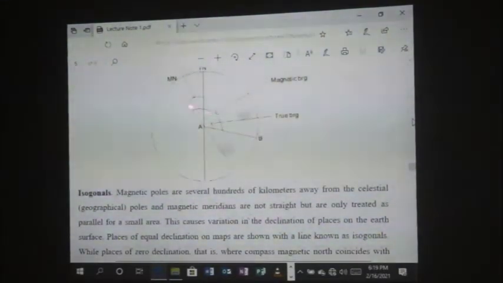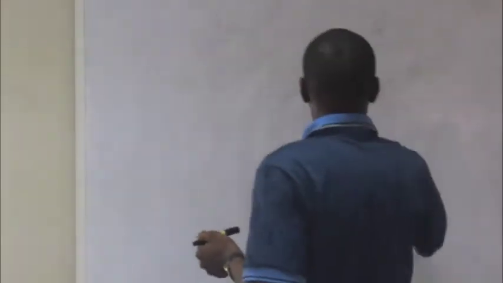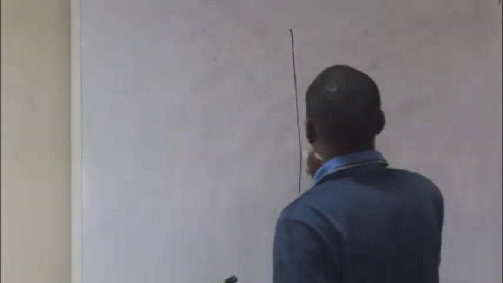Look at this angle now. Magnetic bearing is from here, this line, then to this line. We want to know the magnetic bearing from A to B. So it takes effect from the angle here to this. For the true bearing, maybe for this line, let me make a proper drawing. So if you have this,